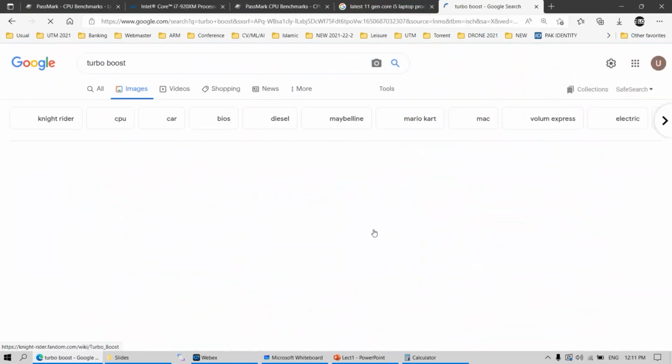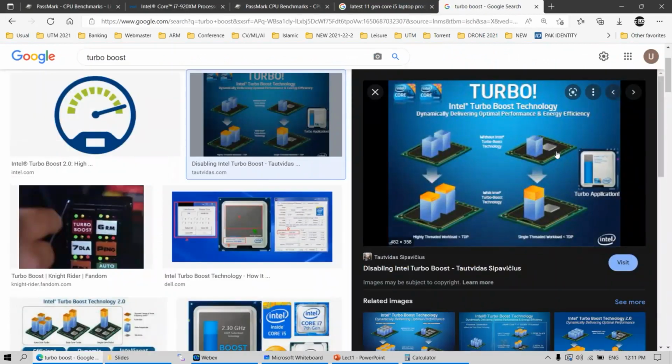Probably there's some good picture here. Yeah, this is the picture. So the turbo boost basically tells that